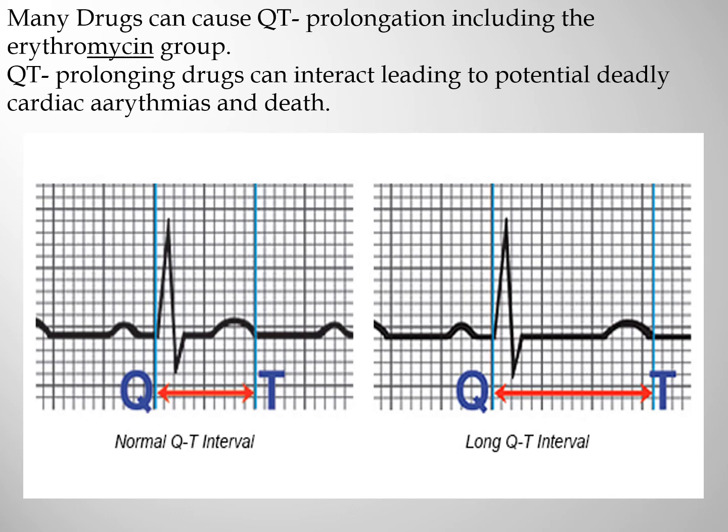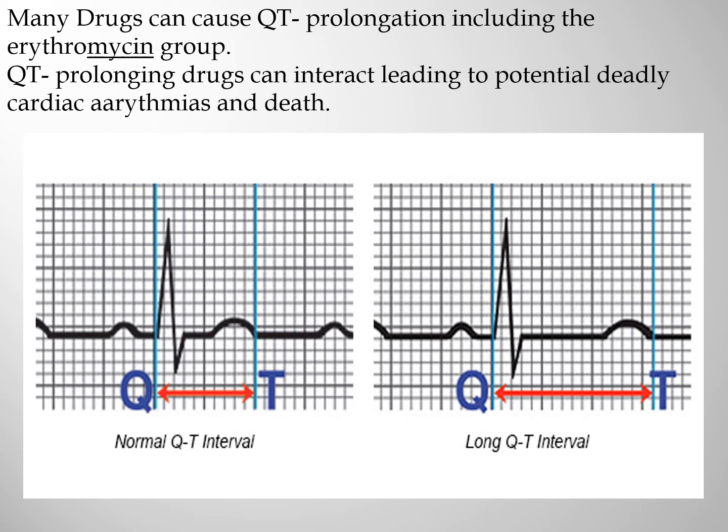Well, you can see as the QT interval gets prolonged, the next beat is going to land on that T wave, since the sinus node is like an automated pacemaker. It just keeps on sending out a new beat. So the next beat and the QRS can land on the T wave, and that's called a Q on T